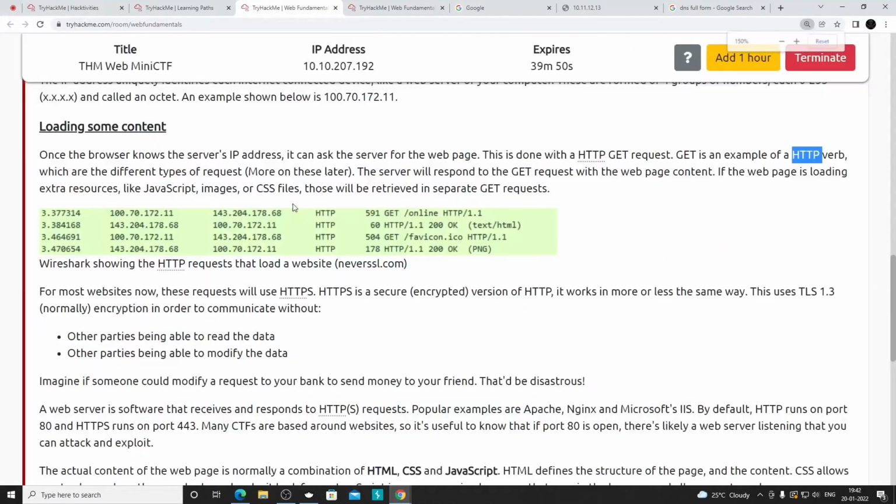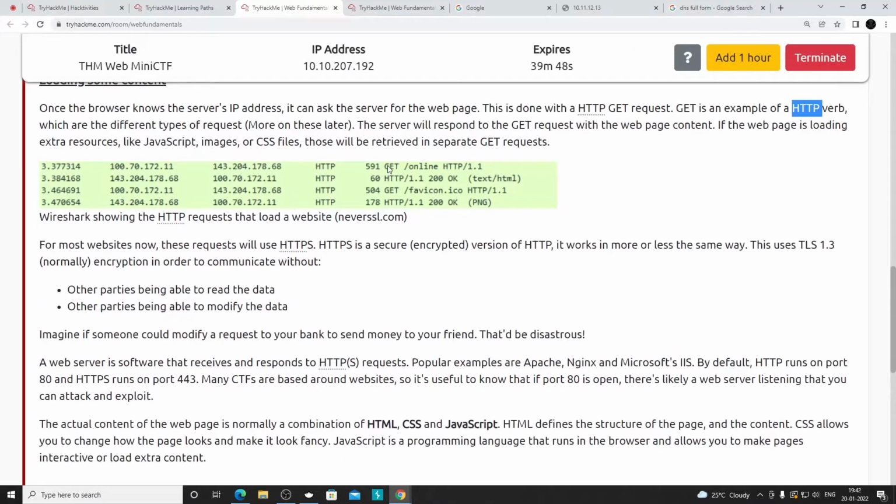Here there is a screenshot actually. You can see that a GET request is being sent to this particular endpoint, like slash online, and we have an IP address here. If you are not aware of Wireshark, you can use Wireshark to capture all the requests, or everything that is being sent by your computer. In the future there will definitely be rooms here on TryHackMe specifically for Wireshark. We will be going through that, but using it you can see the different requests being sent by your computer to different servers.